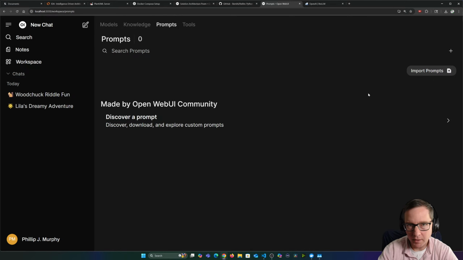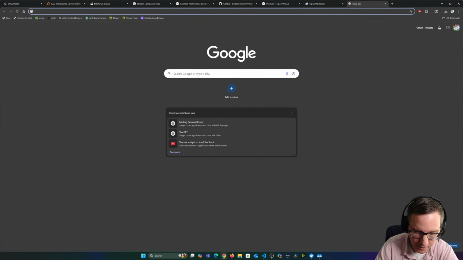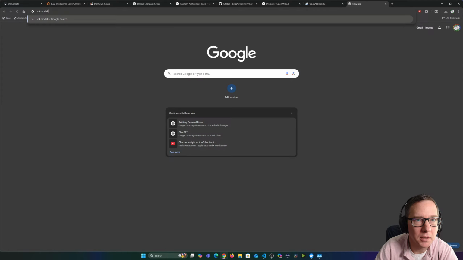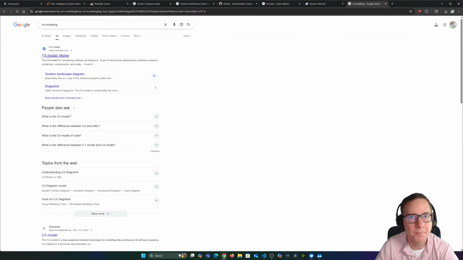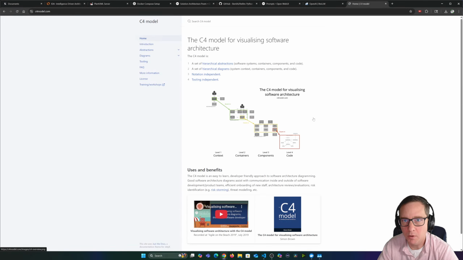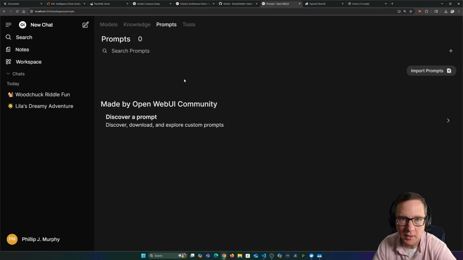Let me go check another email because I had this. So there's C4 modeling, the C4 modeling technique in PlantUML. C4 model home. That's something we use at work. That's a modeling technique for some software. But the cool thing is,